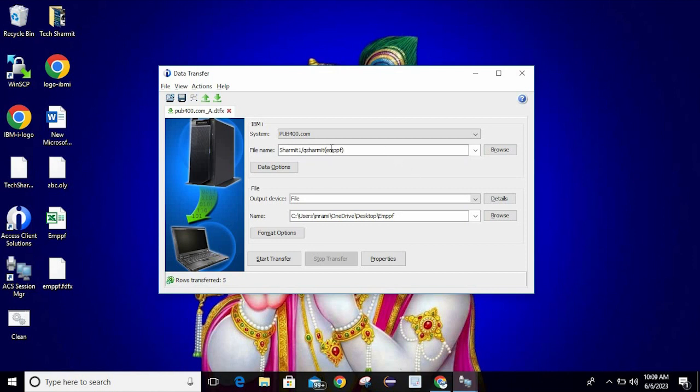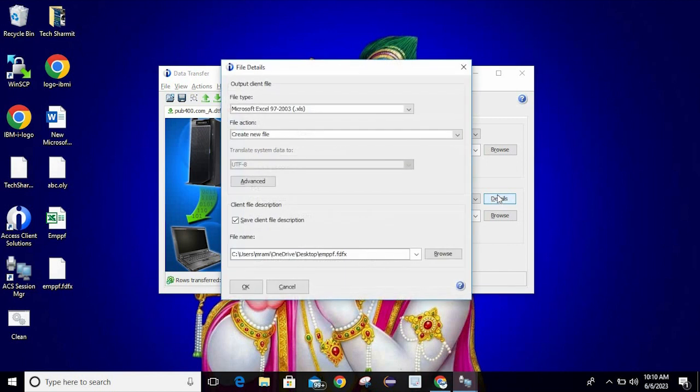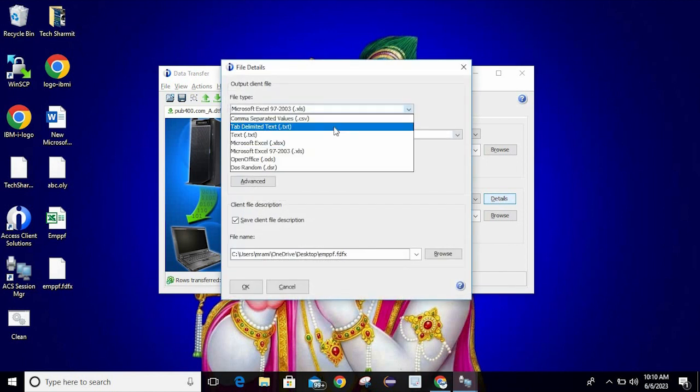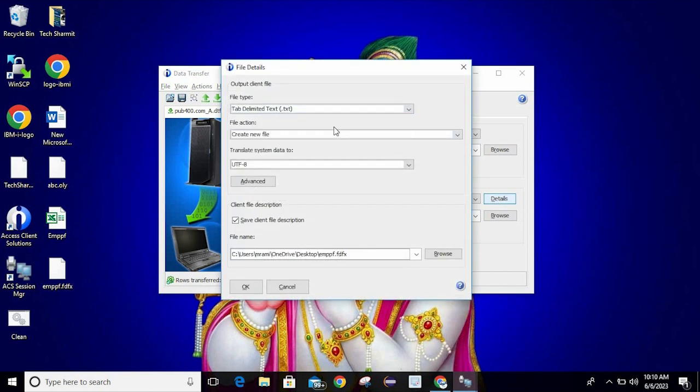Okay, and then keep this file name inside a parenthesis of source physical file. So I pass it as Sharmit1/QSharmit, and in parentheses I pass it as emppf. Now as we are going to take the source, we can change the file type. So I will make it as txt, because I want to save it in a txt format, and